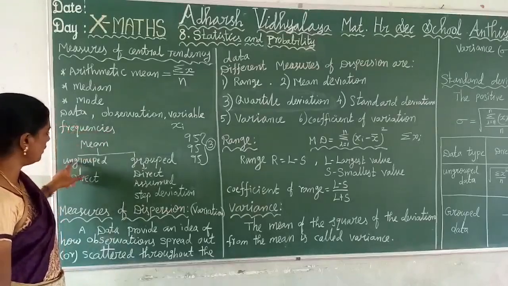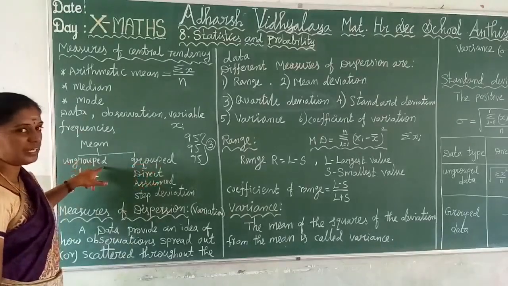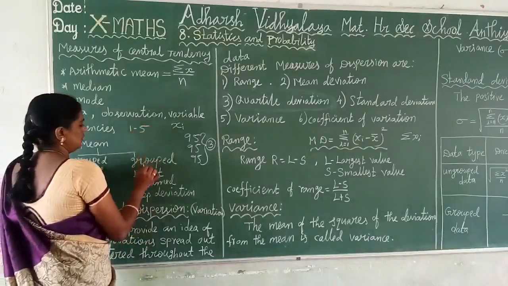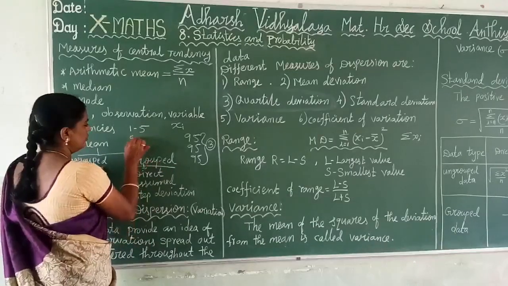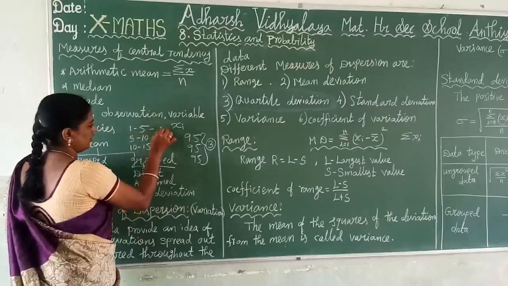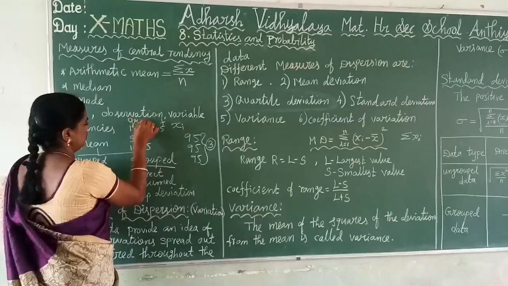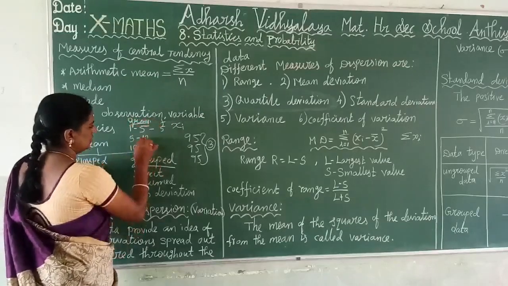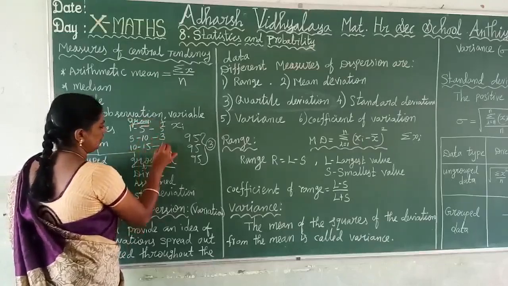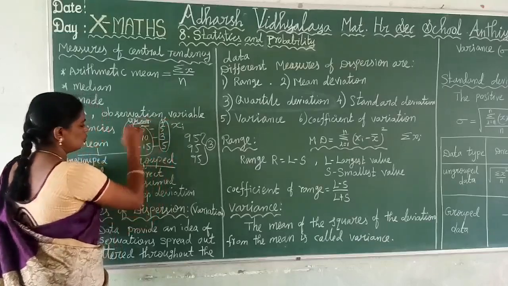That is ungrouped data and grouped data. Ungrouped data means given separately. So here 1 to 5. This one is the grouped data. 5 to 10, 10 to 15. Here how many students? 5 students. That is frequency. These are grouped data. Clear? So how many students? 3 students scored. Here 10 to 15, 5. So this is called frequency. So this one is grouped data.